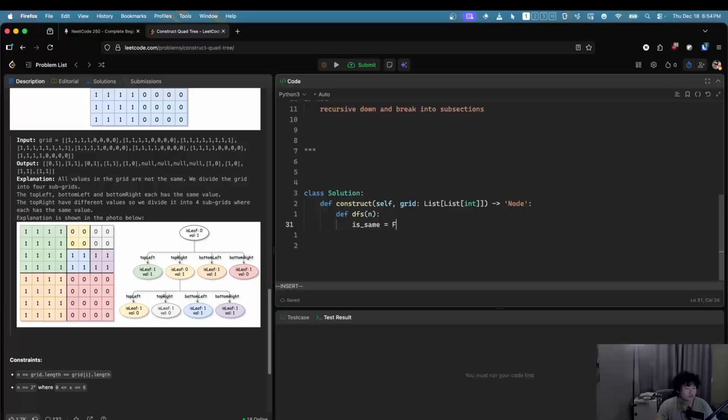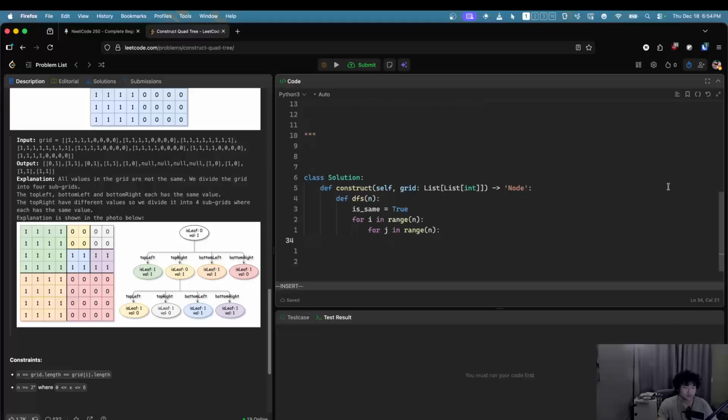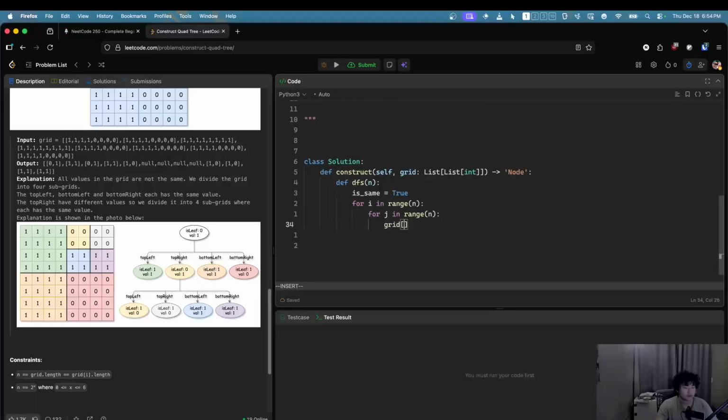We'll say true, and we'll do for I in range of n, for j in range of n, grid of I, j, if grid of this does not equal grid of